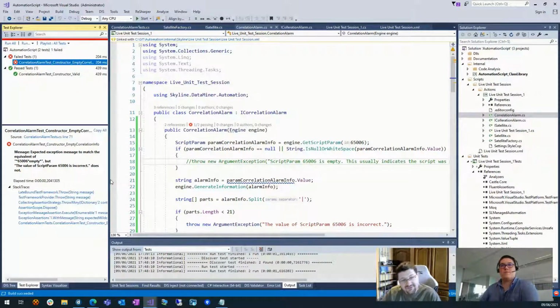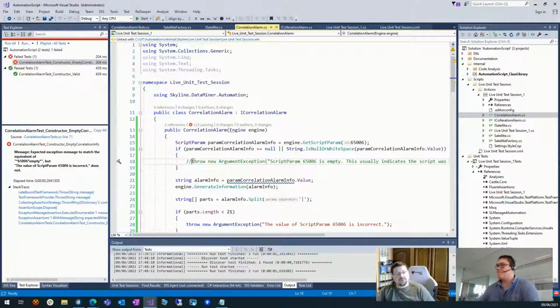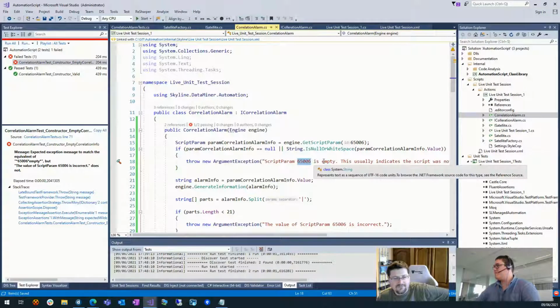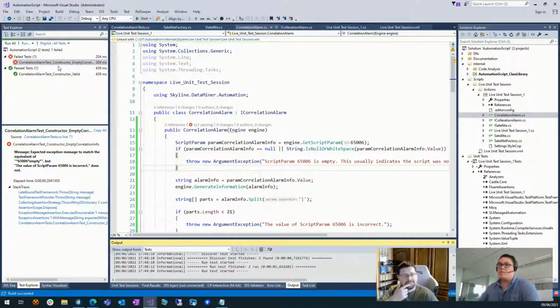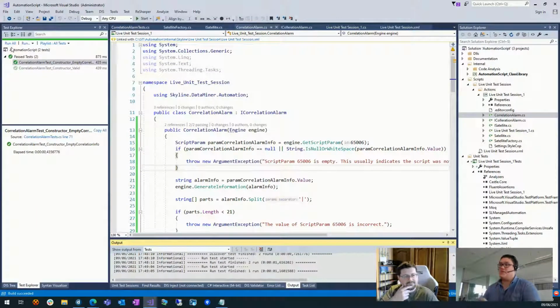How do we not make it fail? Well, by adding throw new argument exception, of course, and making sure that our requirement of 65006 followed by something empty is valid. So this should be correct. If we now try and run the unit test again. And you can also run just one specific test, for example, or run all of them. If you have already like 1,000 unit tests on big projects, sometimes you just want to run a specific one. Exactly.